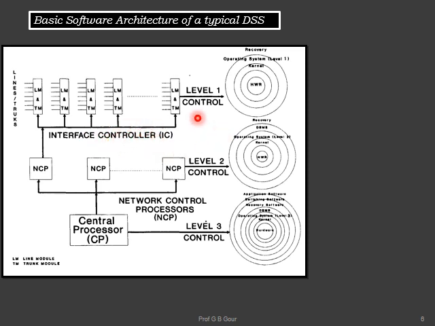If you look at this level 1 control, a real-time operating system, RTOS, is there. We know it is different from the normal desktop operating system we use. A good example of a real-time operating system is the one in an ATM machine. It is running 24/7 at the back end, and whenever somebody interrupts, it comes alive and does the service. Like that, here also at level 1 control, we have one real-time operating system.